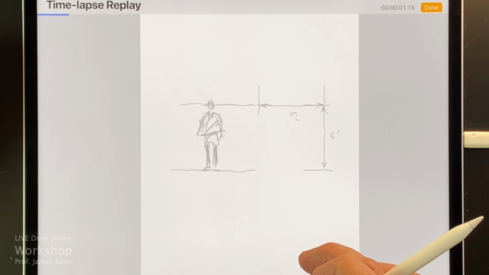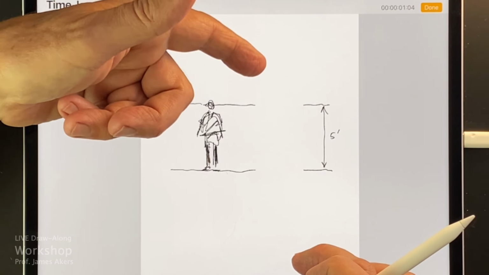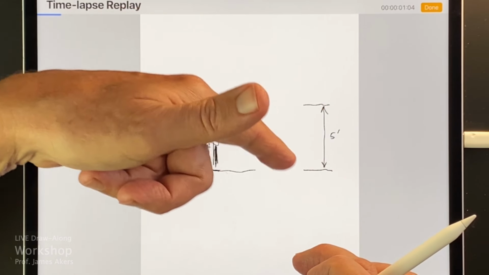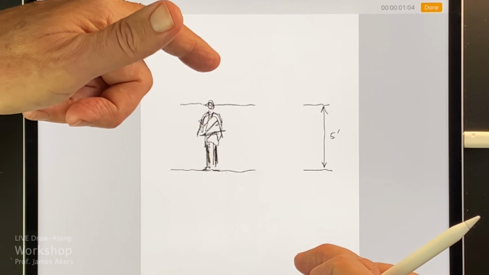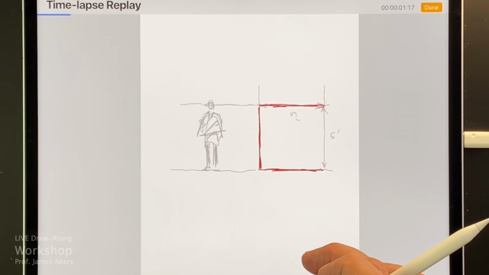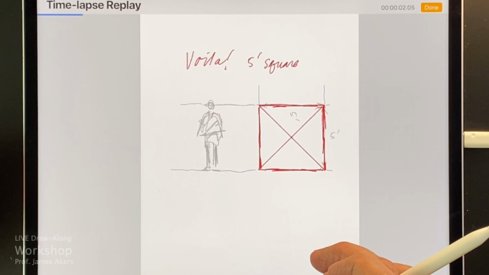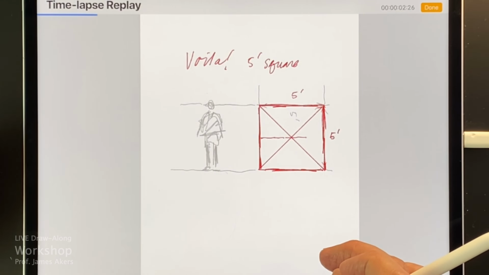Really this could be called drawing perspective by the proportional method. As funny as this sounds, I used to estimate this in pencil and paper, but I just copied this again and turned it on its side, and that gave me a quick square. Then I'll use red again on a different layer to create this background grid almost. And there I am being silly again. So we've got a 5-foot square, and that's going to form the basis for this perspective.